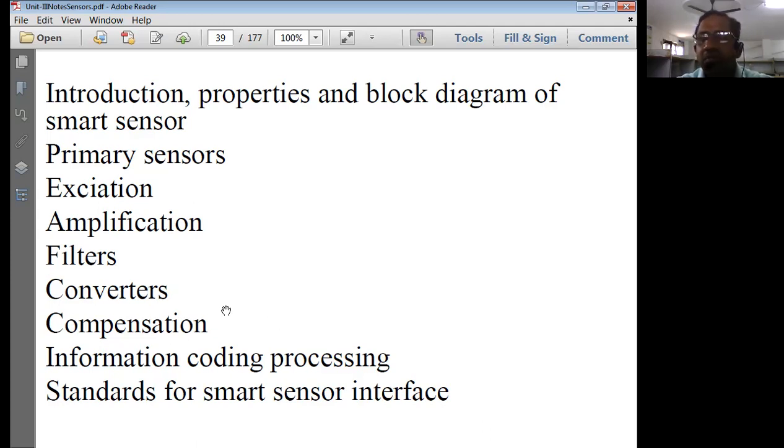That means converters. Now we need to convert the signals from one form to another form. Because sensors are the devices which will be used in multi-domain environments. Multi-domain means what? You may have processing of a system involved with multiple domains, such as chemical industry. That means we may mix up the chemical industry with computer science, with electronics and mechanical engineering part, mechanical devices, inventory system, all of them has to go hand in hand.